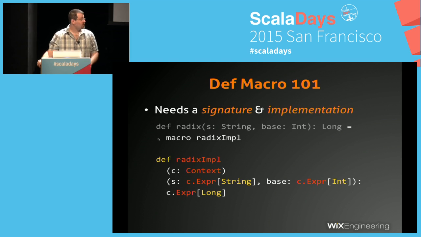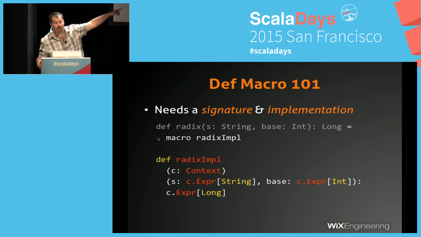If you take a look at the static's impl definition, it's also a method definition, and it needs to be in a static context, and typically an object of some sort. And what it really does is it takes the method signature, takes the values, and wraps them in something that basically says,